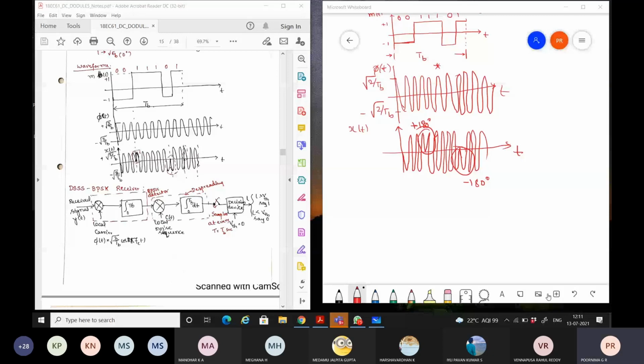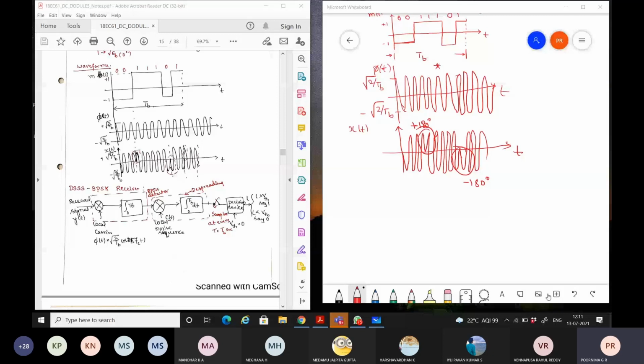So you will have the received signal here, y of t. This y of t is x of t plus the noise content, which also gets added over the channel. Because of that, the x of t won't be received alone; along with x of t, the noise signal also will be received, which we are representing as y of t. When it is received at the receiver, the very first block is to remove the carrier which has been added at the last stage of your DSSS BPSK signal.